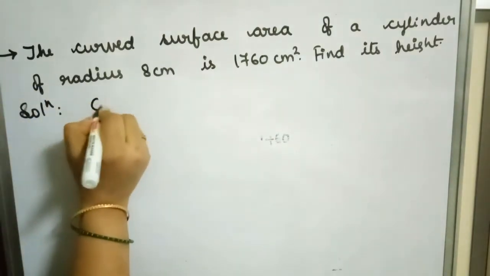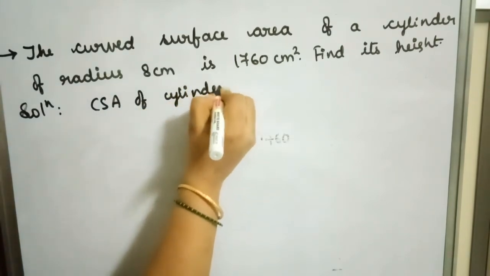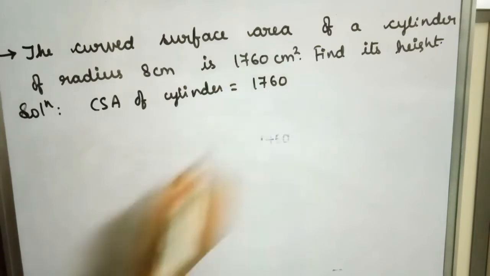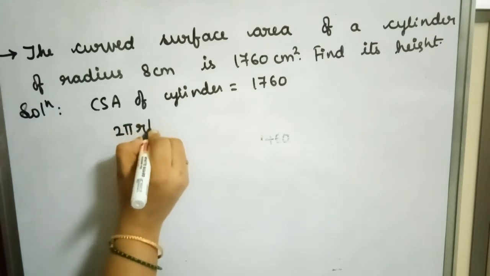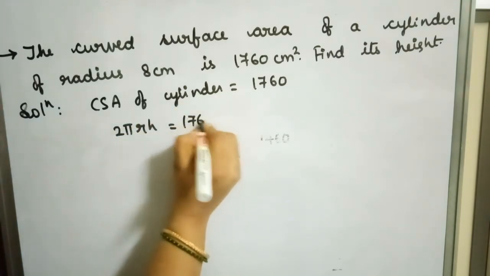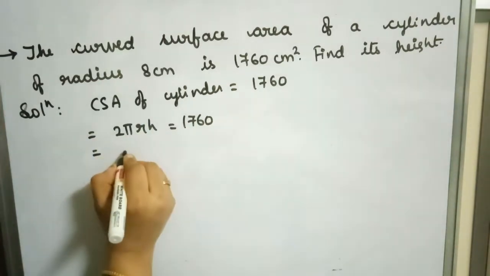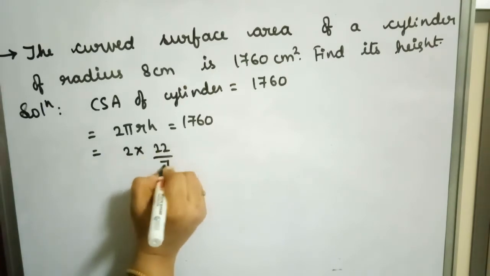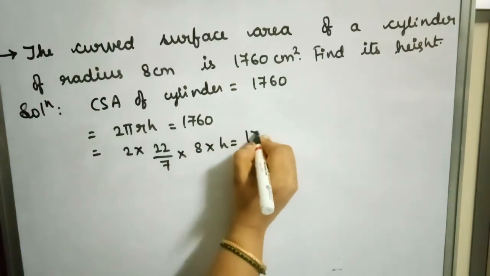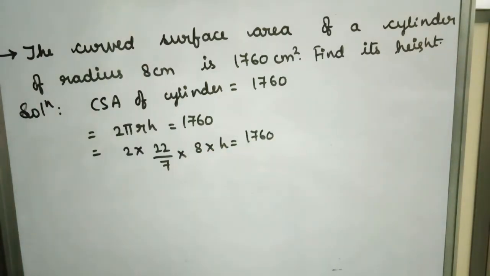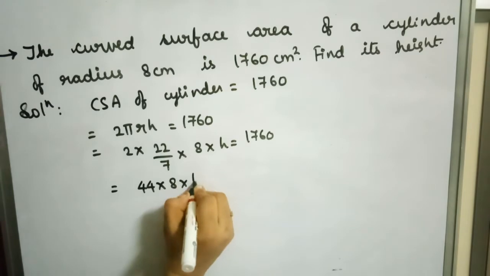So we know that curved surface area of cylinder as per the question is 1760, and we know that curved surface area of the cylinder is equal to 2 pi RH. So 2 pi RH is equal to 1760. We know that the value of pi is equal to 22 by 7. So 2 into 22 by 7 into R, which is equal to 8 centimeters, into height is equal to 1760. Upon multiplying all the numerators, we get 44 into 8 into h is equal to,